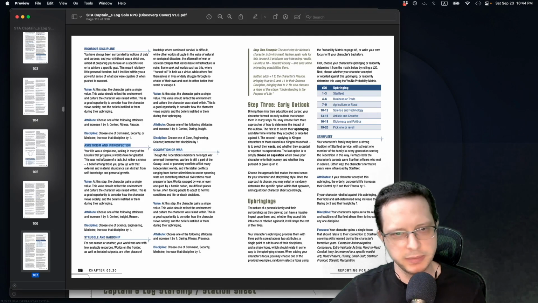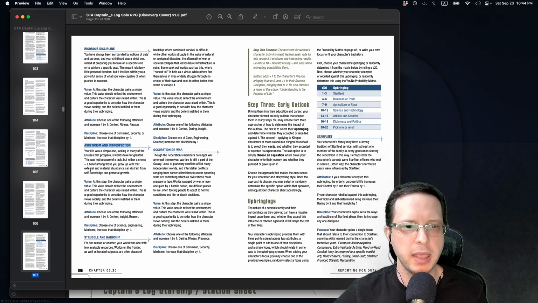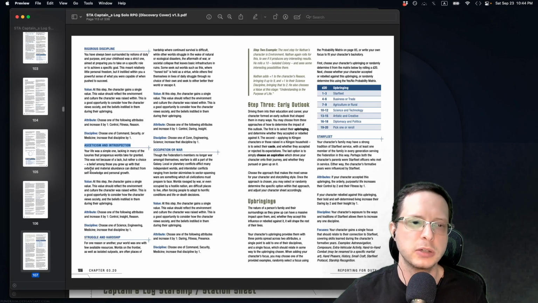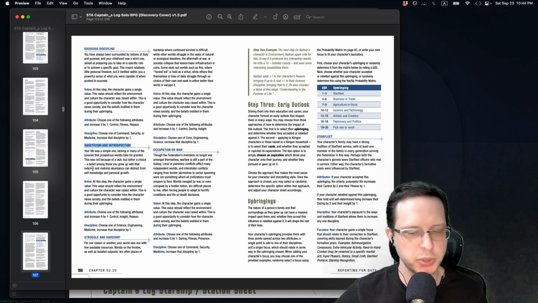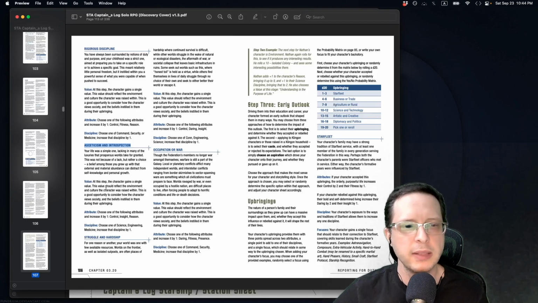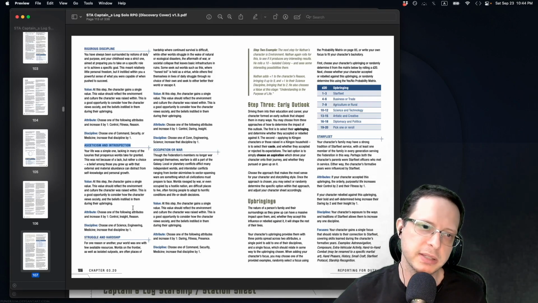This is not because of a lack, but rather out of choice, a belief amongst those you grew up with that an external and material abundance can distract from self-knowledge and personal growth. So it says value. At this step, your character gains a single value. This value should reflect the environment and culture that they were raised in. This is a good opportunity to consider how the character views society and the beliefs instilled in them during their